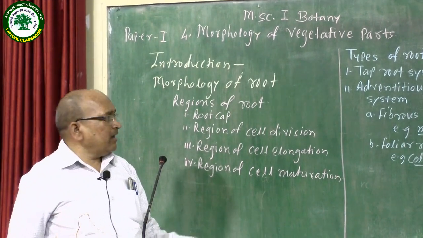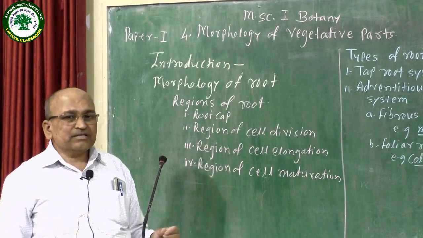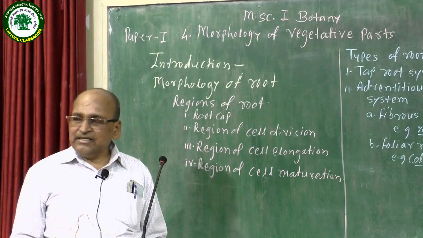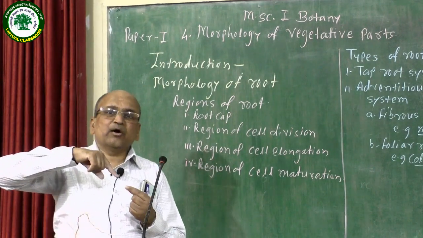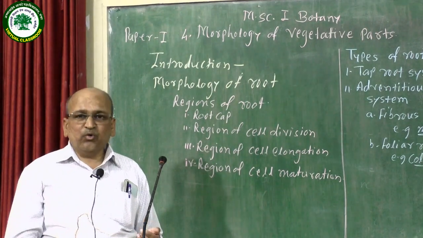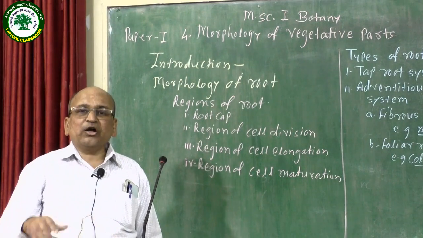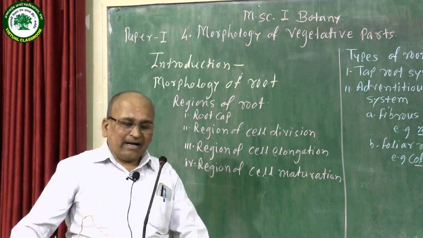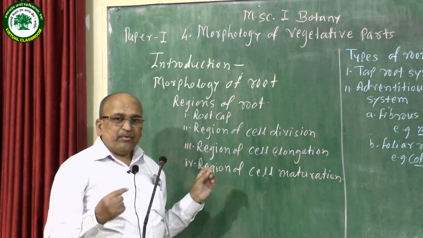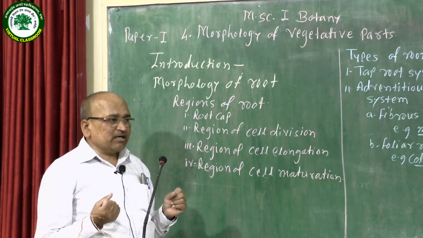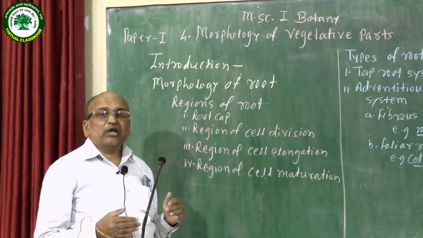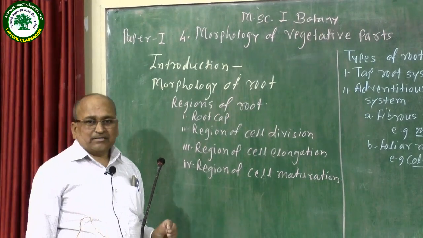Along with this, there are some other types of habits, such as some plants show twining habit. In this case, the whole plant body twines around the support, known as twining or twiners. Another one is some plant bodies develop wiry or thread-like structures, and with the help of these they grow on the support, known as the climbers.